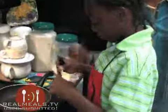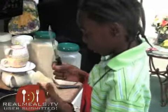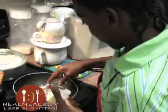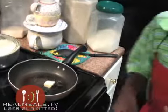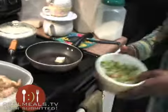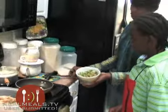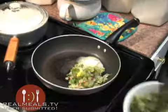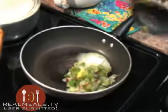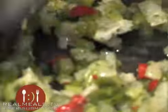Now I'm going to take a quarter of a stick of butter and put it in the pan. And then we're just going to let that butter melt, and we're going to pour in some of the vegetables. And you want to make sure that when you're pouring in the vegetables that you drain the water from your vegetables. Okay. All right. And then you're going to stir that around in there. And that's going to be on medium heat, so we're going to let that cook for probably about 5 minutes